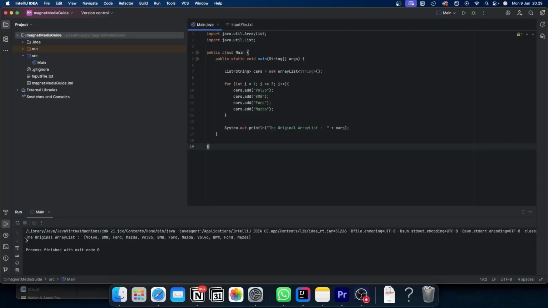Need a clean way to remove duplicate items from an array list in Java? In this quick guide, I'll walk you through two simple and effective methods to deduplicate your lists and keep your